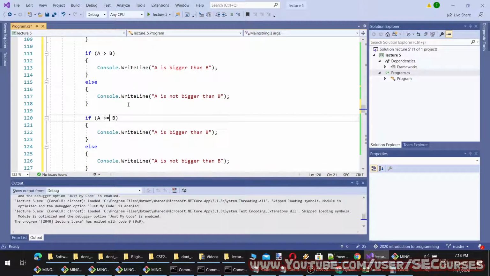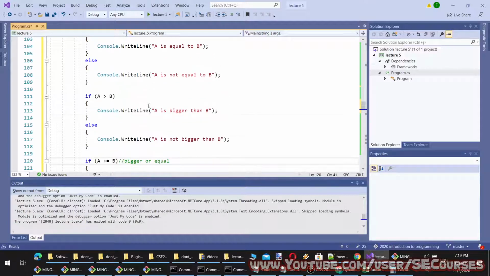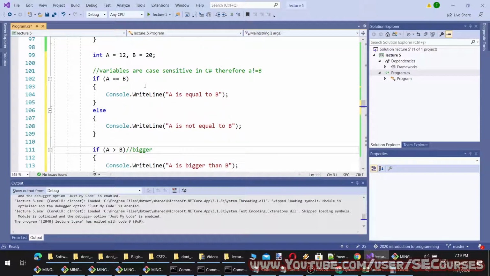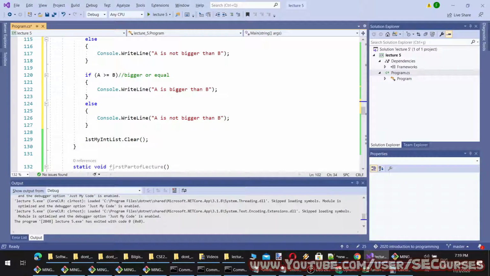If bigger or equal. Okay, so this means bigger or equal. This is bigger, and this is equality. So we can say that a is bigger than or equal to b. A is not bigger than or equal to b.